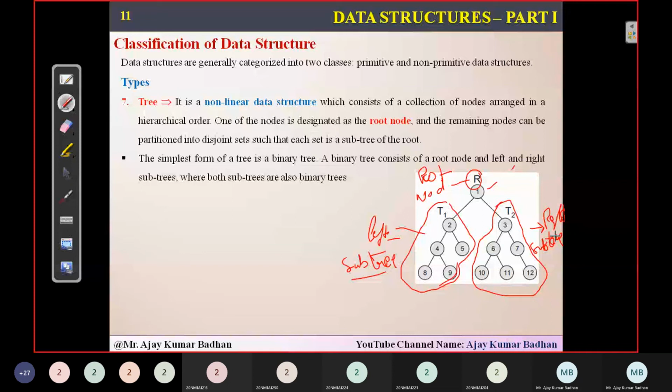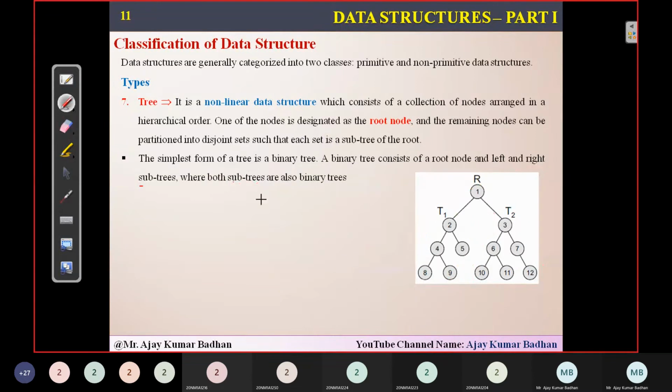So note we have a left subtree and a right subtree, and it is a balanced one. The best example for a tree here is the binary tree. A binary tree is a balanced kind of tree, meaning every node will have two sides, and they will have nodes on them. That is what comes under a binary tree.